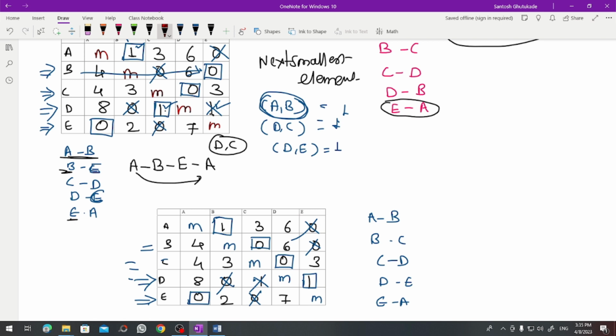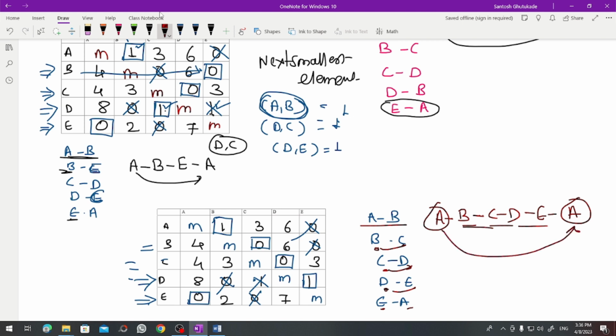Now we will check for the traveling salesman problem assignment answer. He started with A, going to city B. After B he is going to city C. After C he is going to city D. After D he is going to city E, and after E he is going to city A. So the initial city, the start city and the end city, is the same. After completing all the cities, the traveling salesman returns to city A. So this is the final solution or final answer of this problem.